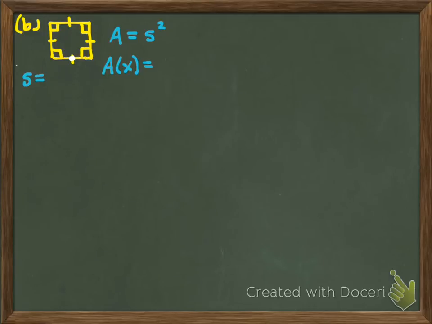Is it going to be 2 square root of x? It is 2 square roots of x. Because this measurement is the same as what from A? That's the radius. That was the radius in A, right? Well, now I'm spanning across because of the nature of the shape. I want to know how long the side is, and that's kind of like if I wanted the diameter of the last one. So my A of x is going to be whatever my side is, which is 2 square roots of x, squared. So that's going to be